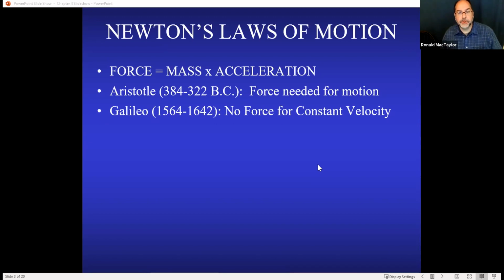And if you stop pushing it, it stops moving. And so there's an entirely reasonable conclusion that in order for something to move, you need to be applying a force. And then not too long before Isaac Newton was active in the game, Galileo, who